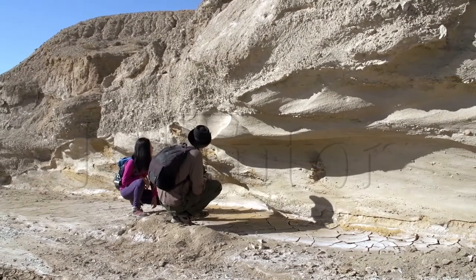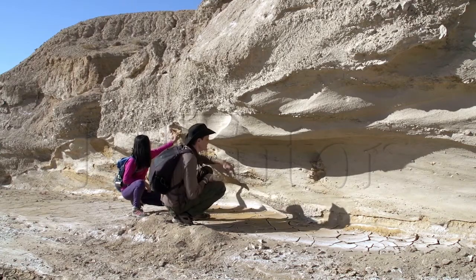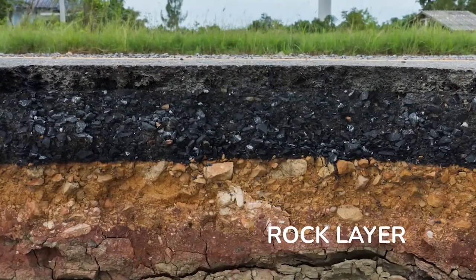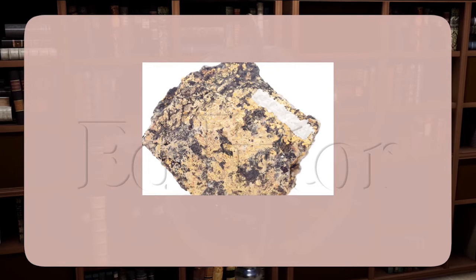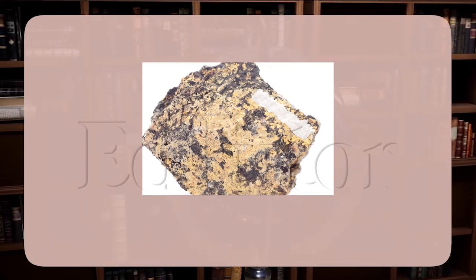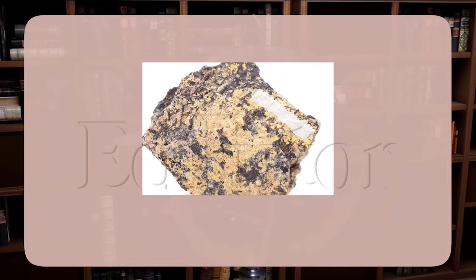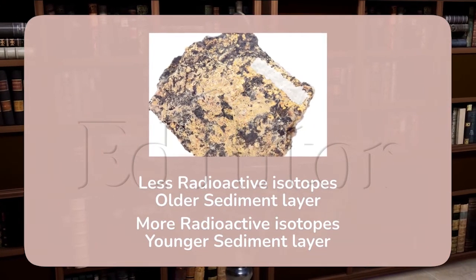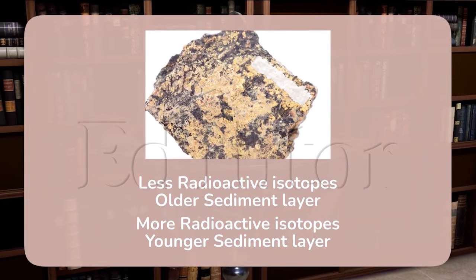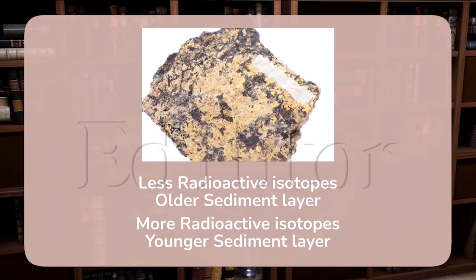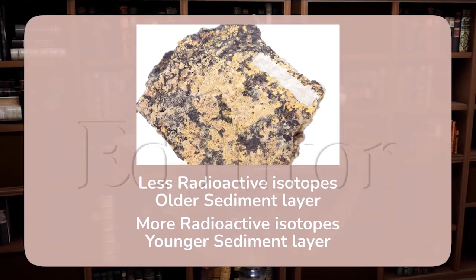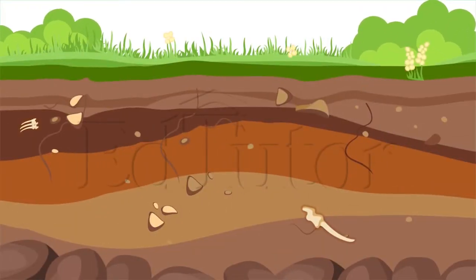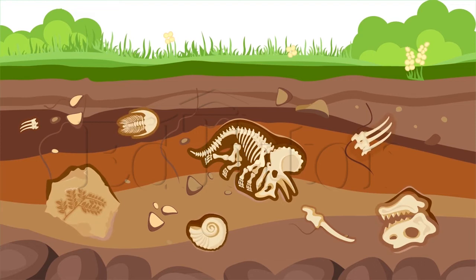That's fascinating! Now, another way of finding the time period of a fossil is by looking at the rocks. Remember, we have rocks in the sediments? These rocks have radioactive isotopes on them. A comparative study of rocks can tell us their age or their time period. It can even tell us which sediment layer is older. So, those sediment layers whose rocks have less radioactive isotopes will be older. If they have more radioactive isotopes, it means it's a younger sediment layer. Now, if you compare these layers, it gives a relative age of fossils.